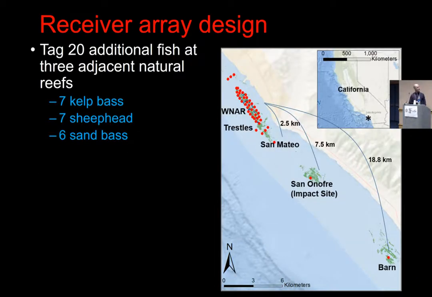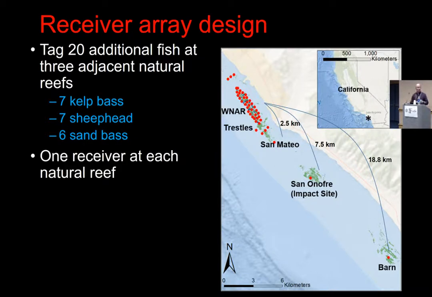In addition, there are 3 reefs moving away south from there, one San Mateo, which is literally almost habitat connected to the artificial reef, and about 7.5 kilometers away is the San Onofre Reef. That was the one that was affected by the nuclear power plant that this habitat was mitigated for, and then another reef called Barn Reef, which is further away. Now, unfortunately, we tagged 20 fish on each one of these natural reefs, but we could only afford to put 1 receiver on each of the reefs. So we couldn't have enough receiver coverage to cover it the same way we did the artificial reef, but the goal was to determine whether fish tagged here would go here, or whether any of the fish tagged here would